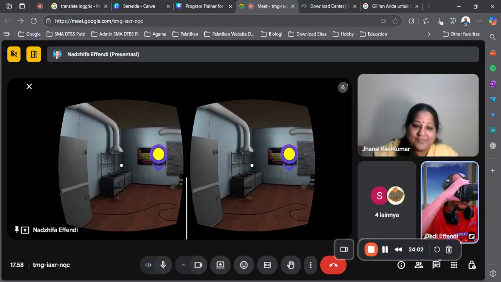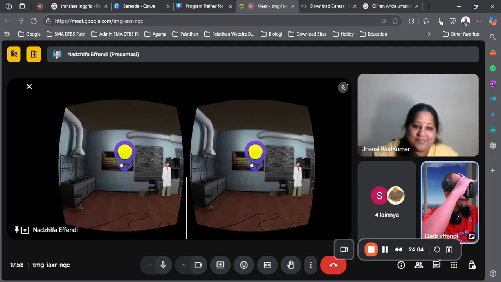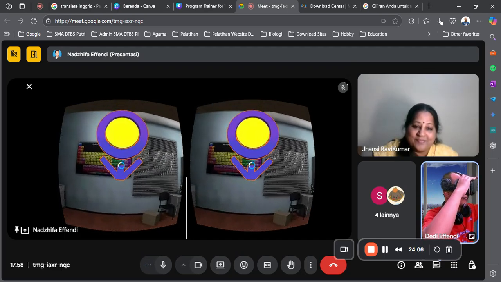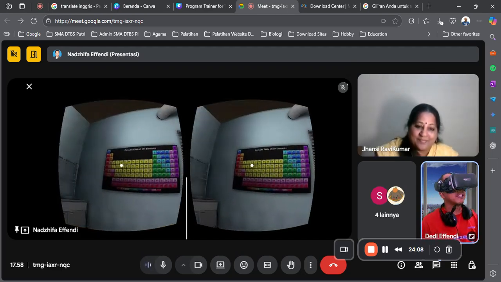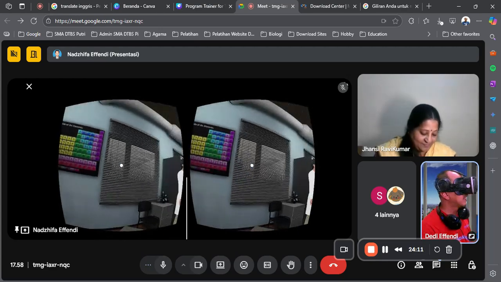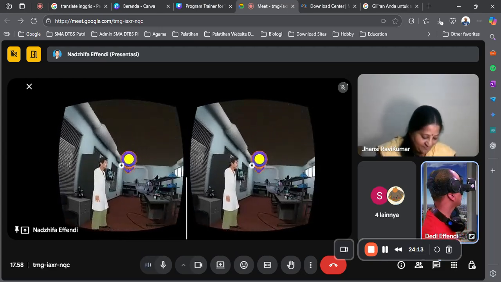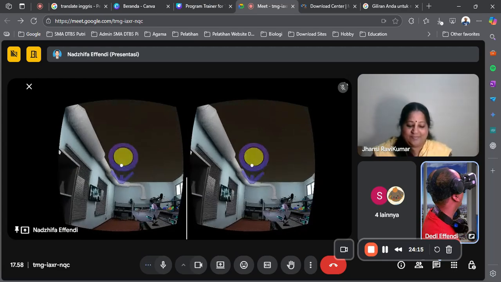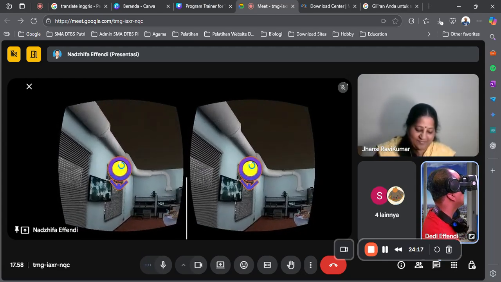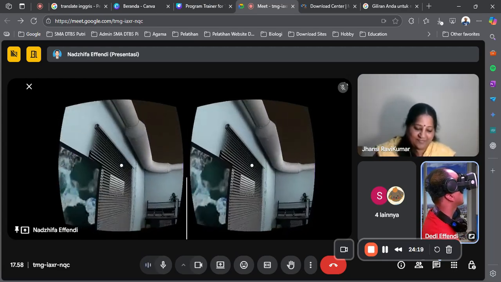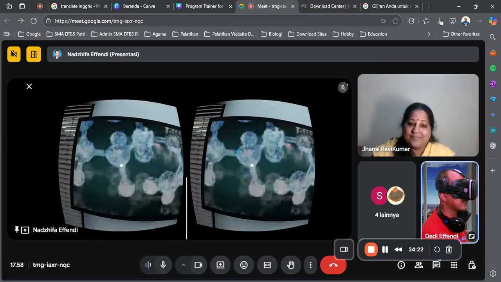You can adjust your screen so it's more focused. This is the periodic table like we used before, and we have to turn around our body and see the circle so we can move. Okay, that's the tutorial to move.